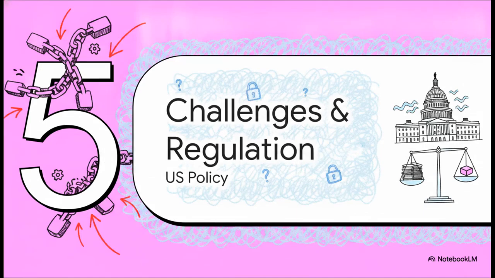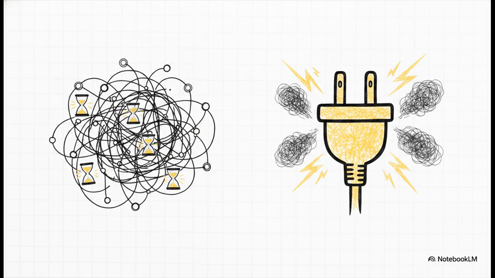Finally, let's tackle Section 5, Challenges and U.S. Regulation. Now, to be fair, we do have to acknowledge the significant bottlenecks that blockchain still has to overcome. The two absolute biggest hurdles right now are scalability and energy. As these networks grow in popularity, they face severe congestion. Processing every single transaction across a network of thousands of distributed nodes takes time, which leads to painfully